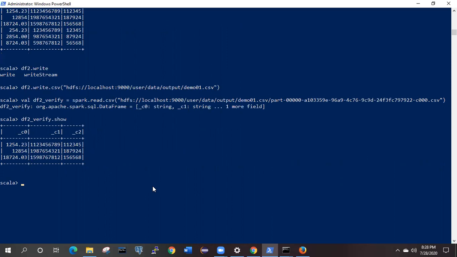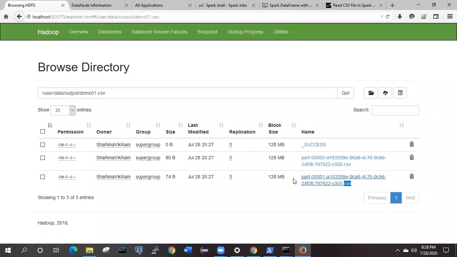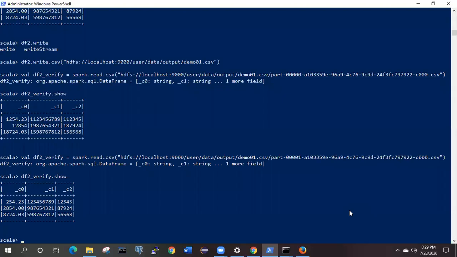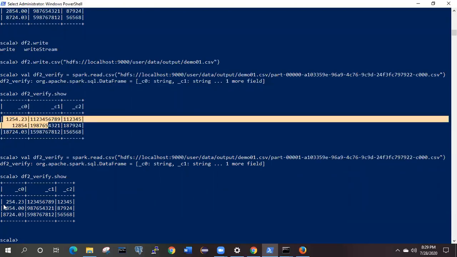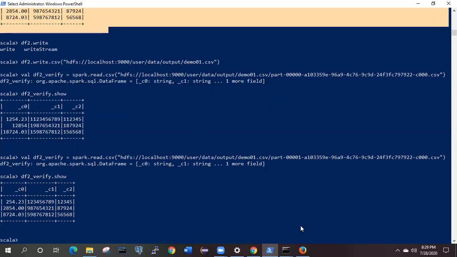If you want the data from another file, you can simply change the name. This is the second file, and right now we are writing the data without any format, no compression, nothing, a direct plain CSV file. Hit enter. Again we'll cross verify whether the data is present in that or not. Yes, you can see this data is different and that data is different, and the combination of these two is present over here. So this way we can easily read and write data from the local file system, and we can cross verify things also.